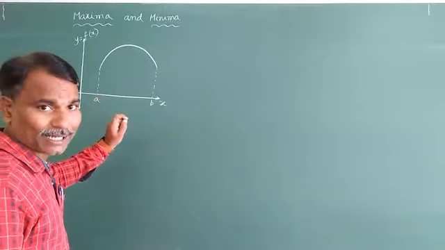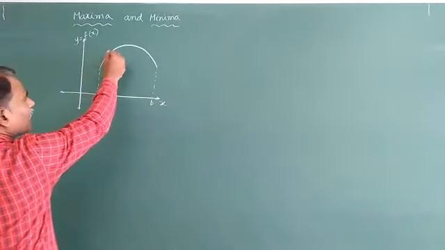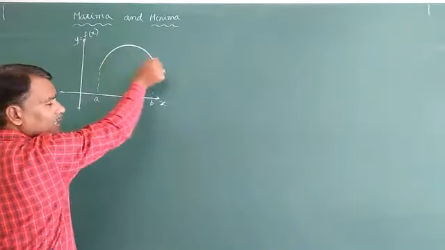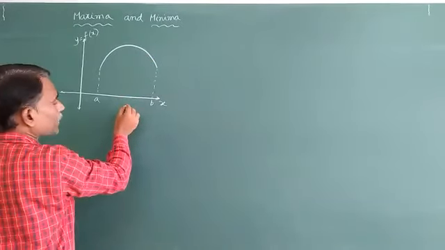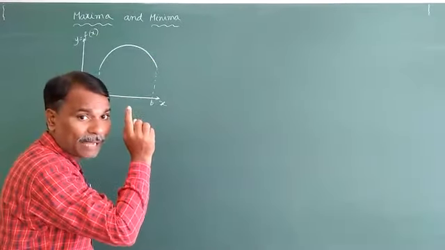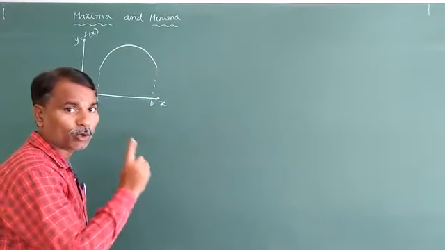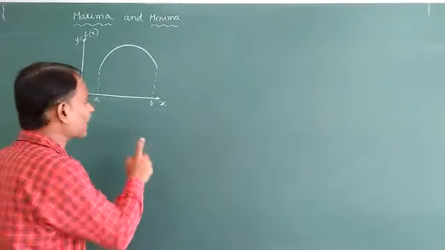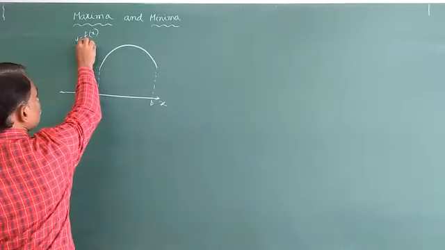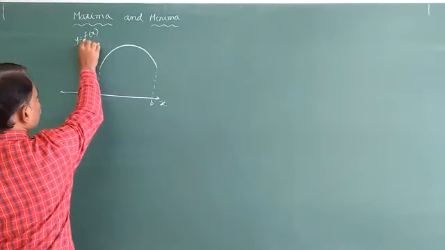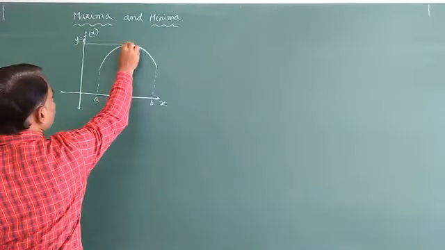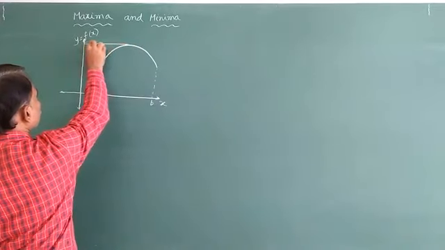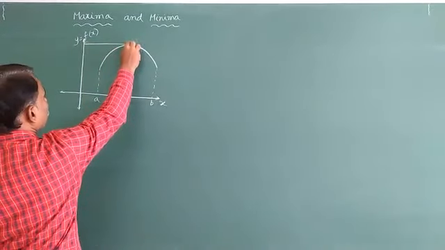In this interval, somewhere we will get the tangent. Tangent means you can draw a tangent anywhere on this curve. But I am drawing a tangent parallel to the x-axis. How am I going to draw the tangent? Like parallel to the x-axis, just like this. Yes, it meets here now. The tangent meets at this point.